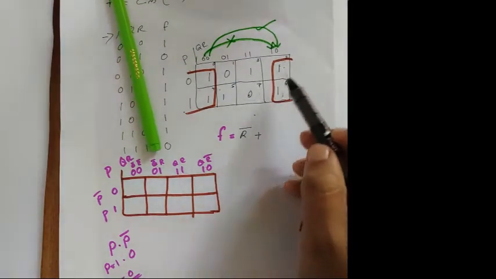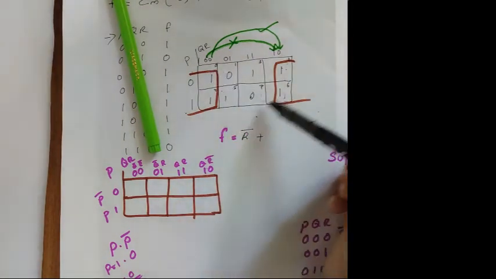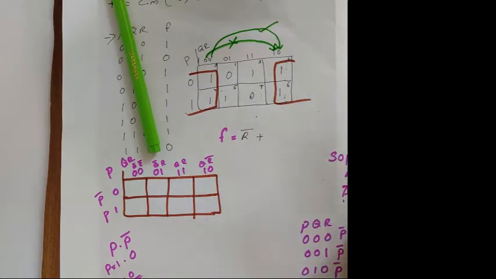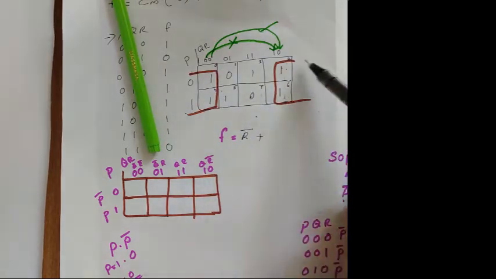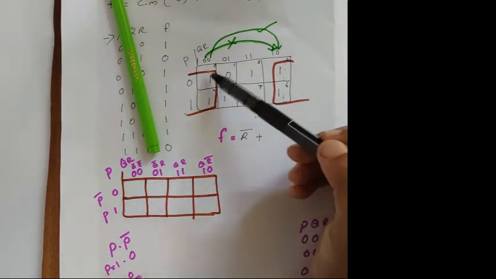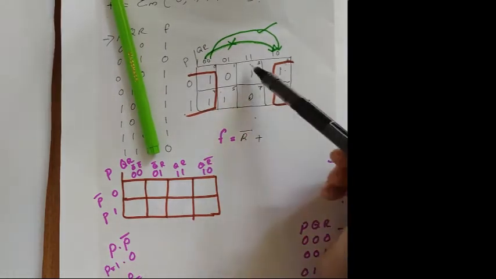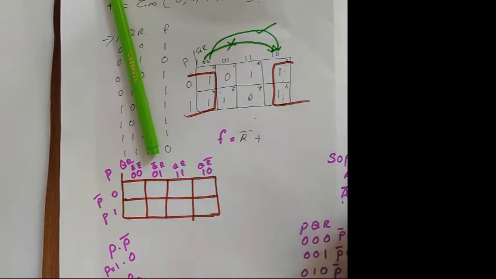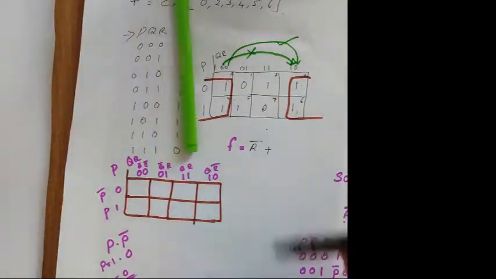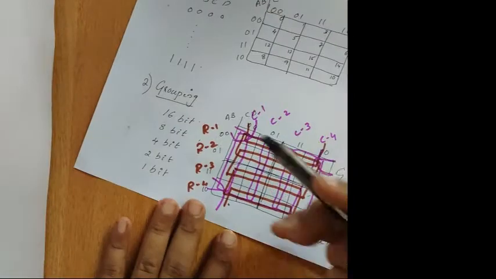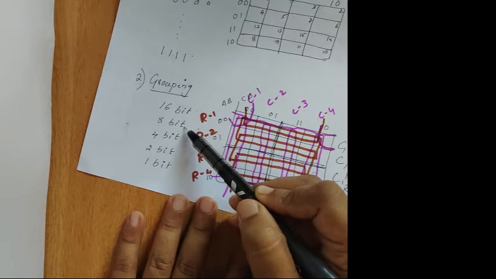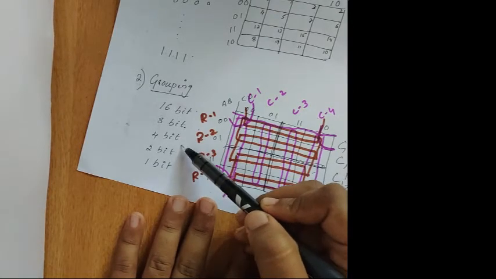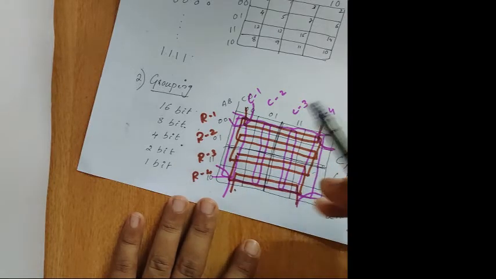Okay. Now you have to look for another grouping, whether there is any other grouping inside this. You can check whether you can group any other 4-bit data. Here it is not possible to group like this, not possible to group like this. I told you, you have to go for the next grouping. You have taken a 3-bit data, so you are getting 8. You checked for 8. There is no 8-bit data. You went for 4. You got a data that is R bar. Now you are not able to get any other 4-bit data.